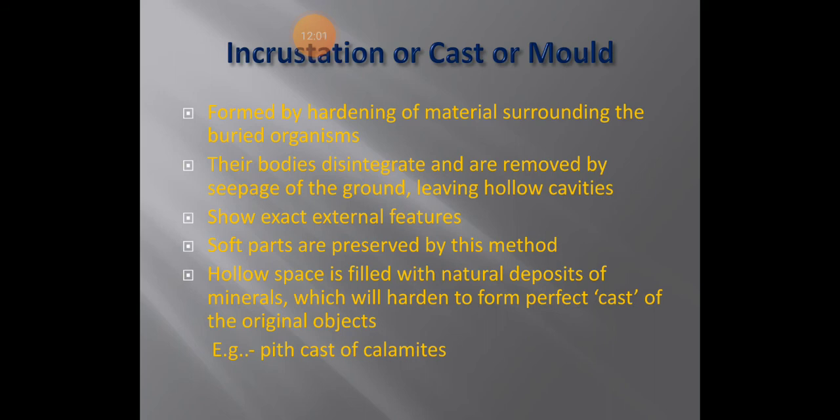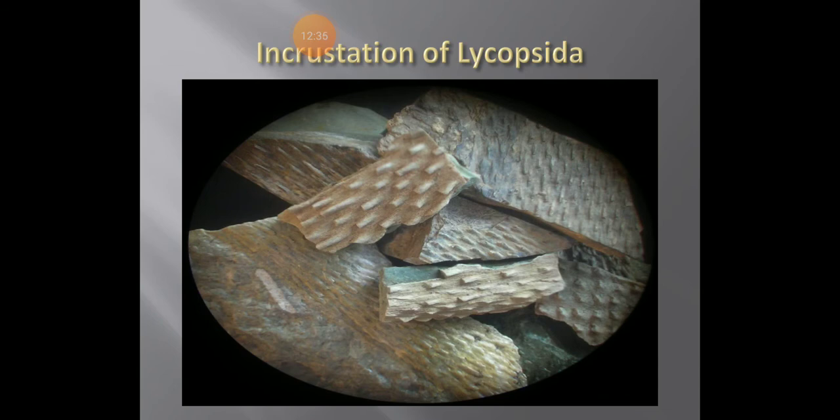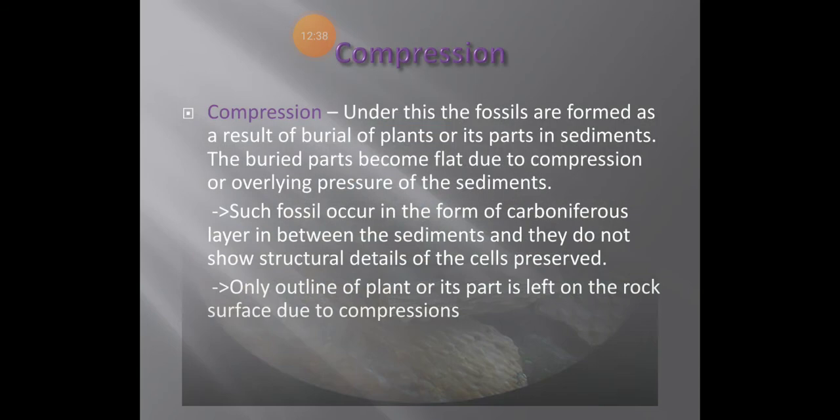And the next one is a mold or the cast. Just like, if you want to prepare a statue of some material, you will take a cast of that and prepare the mold. So like that, the complete plant materials undergo molding in the earth's crust. That process is generally referred to as a mold or the cast process. So this is how the mold actually occurs. Where the plant may be present on the rock, the same imprint will occur. So just like Lycopsida, the imprints of the plant materials will occur.